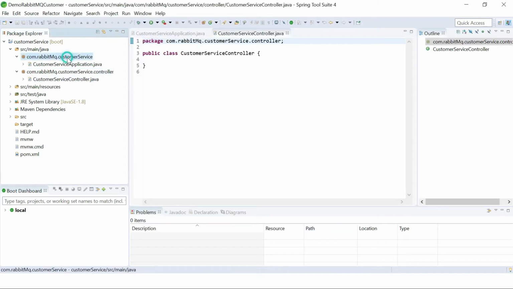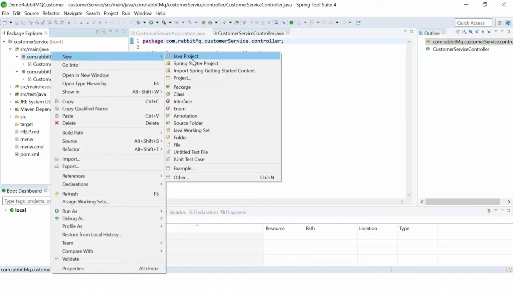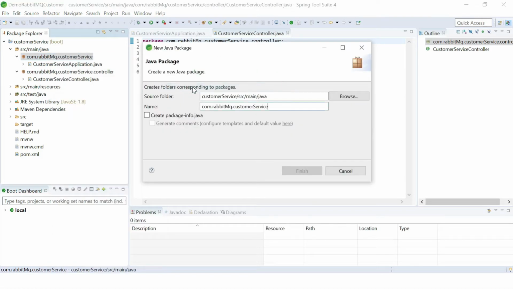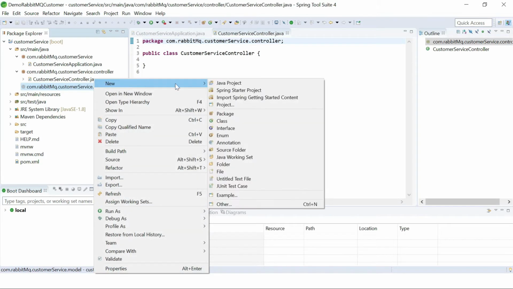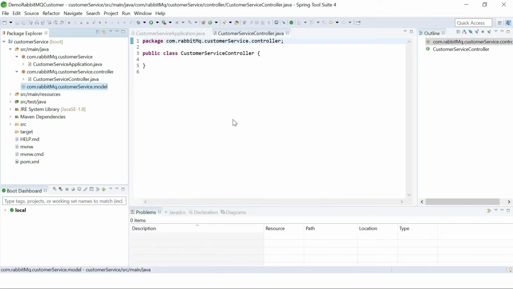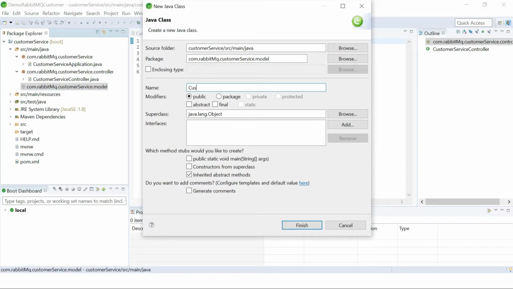And we need a model class also. So create one model package, dot model. Finish. Then a class, and we'll give the class name customer request.